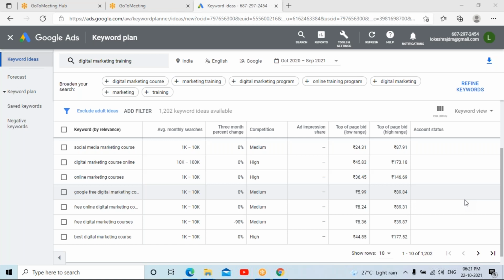You're welcome, ma'am. You can make use of this keyword planner. You can do the R&D on this. You can download this report. Nearly 1202 results are there. You can download this in Excel format, and it is not only one keyword you can choose. You can try it with different types of keywords relevant to your concept.